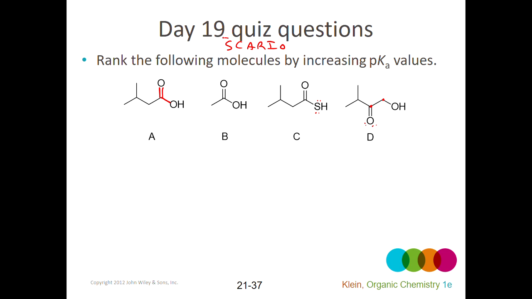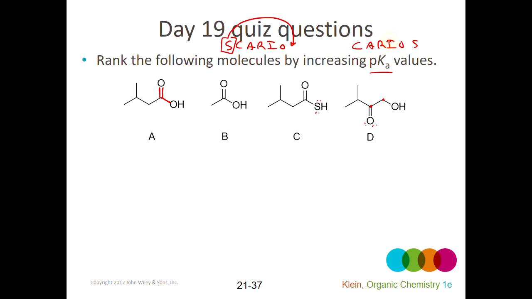And solvation is only going to be a major factor if some of these are in a different solvent or no solvent. There's no indication of that, so I can assume that all these are in the same solvent, probably water. If it doesn't say, I would assume water is the solvent I'm measuring the pKa in. So if they're all in the same solvent, probably the solvation then becomes the least relevant factor. If these were in different solvents with different polarities, solvation would be the major factor. That's why we put it in the front sometimes. So it's a little tricky here, but